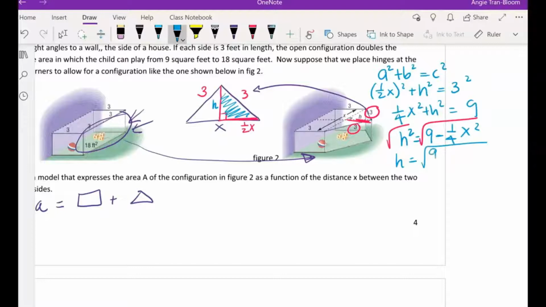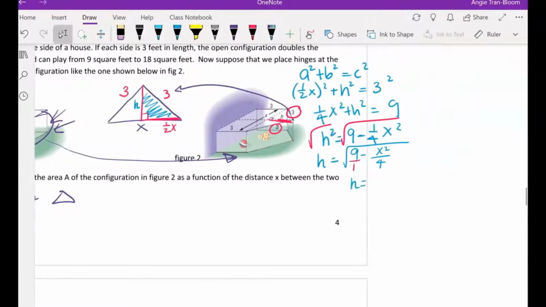But I will try to find the common denominator. So this is now 9 minus x squared over 4. I want to find the common denominator so that way my numbers are a little bit friendlier. So I'm going to make the 9 over 1. So h equals the square root of 36 over 4 minus x squared over 4, which is really now the square root of 36 minus x